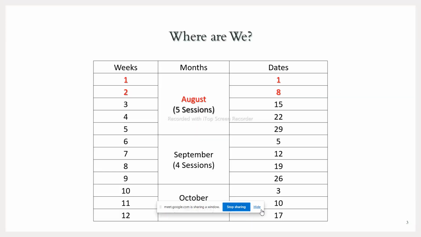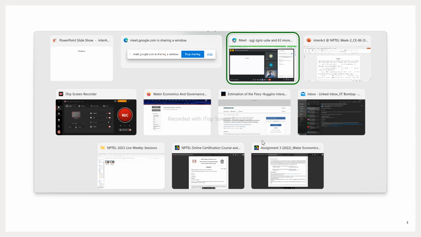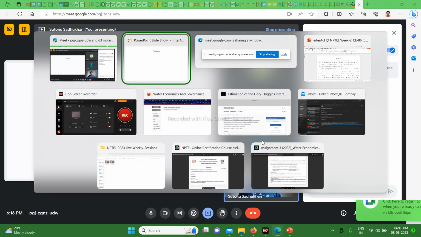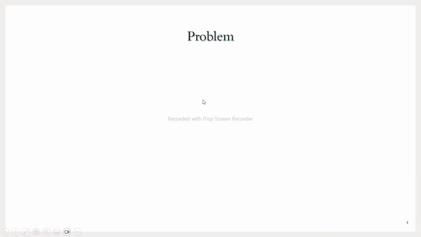Okay, so I believe my screen is visible and the slides are also changing. First of all, we will solve a problem. In the previous class, Mr. Ojim asked a good question, that he had some troubles with the assignments. So we will solve similar problems, not exactly the same, and also we will solve MCQs, MSQs, etc. So here is the first problem for you.